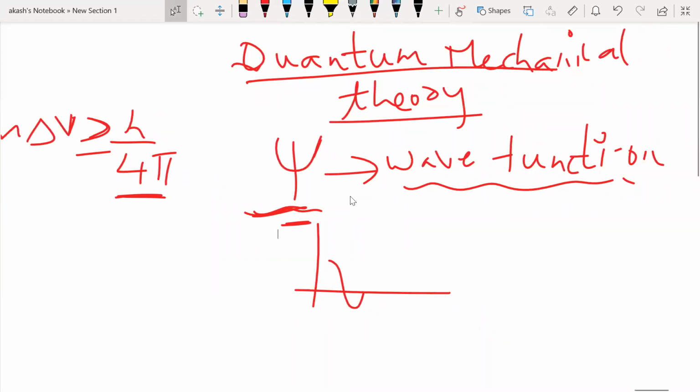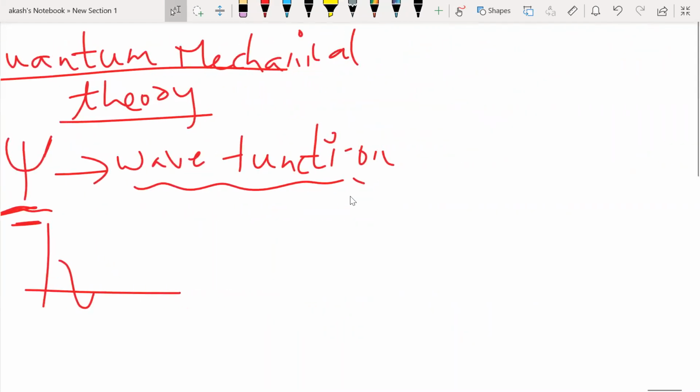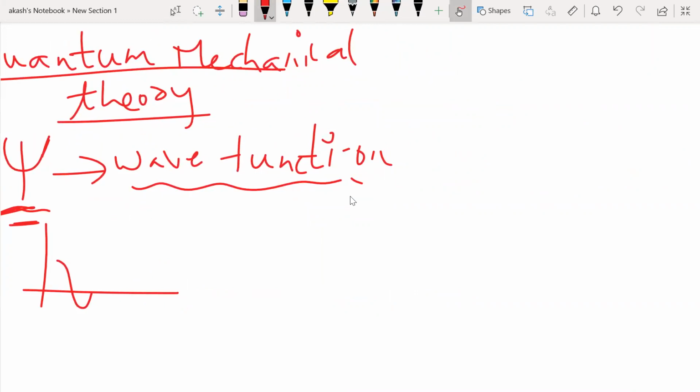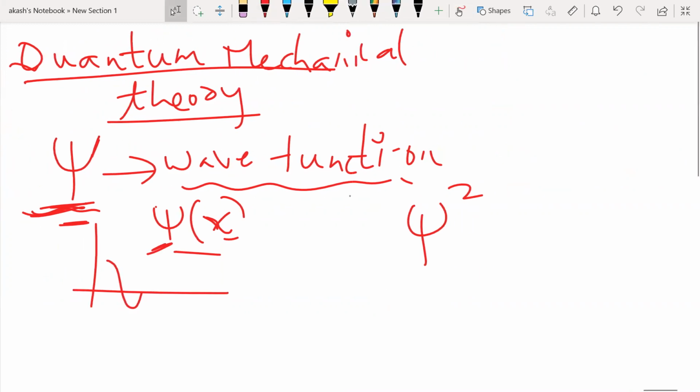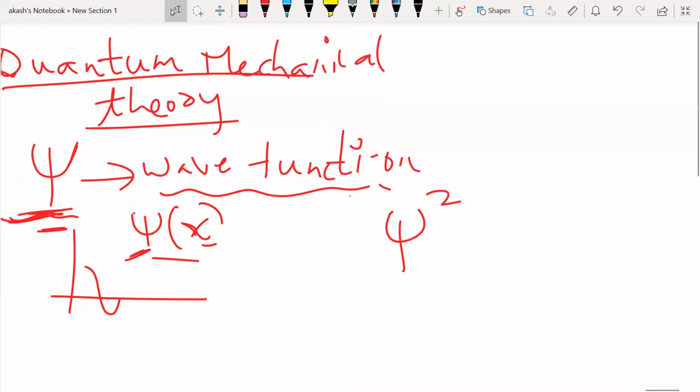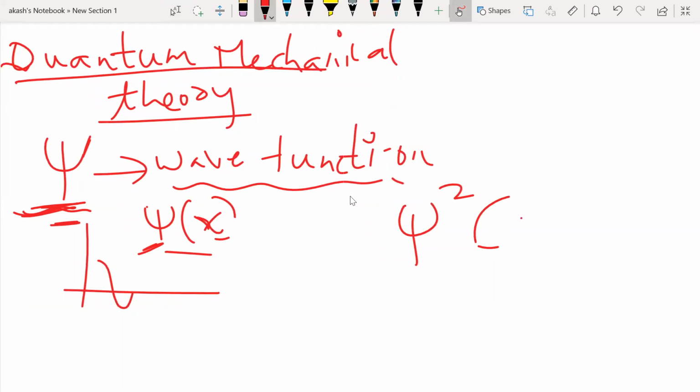Okay, fine. So what am I going to do if this psi is not going to be of any use to me? What is going to be of use is psi squared. And one more thing, guys: this psi is not a number, it's a function. It's going to be like psi of x, psi of y, like sine of x, cos of x. Sine and cos are functions, and this is also going to be a function. So this is psi squared, if you just square the function and use it.